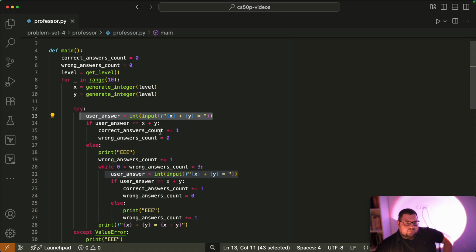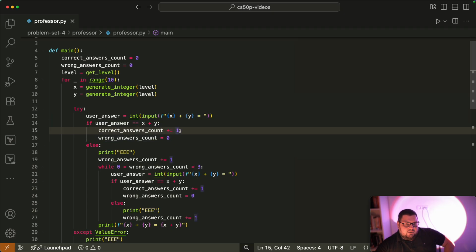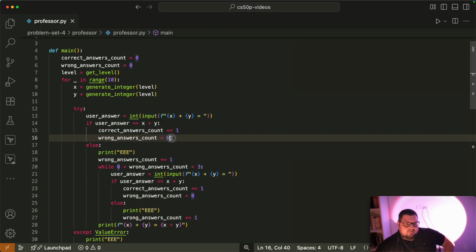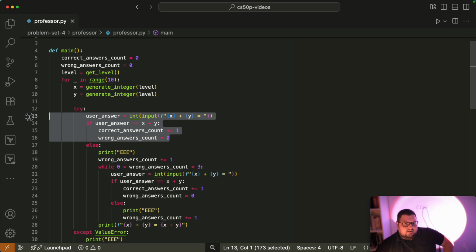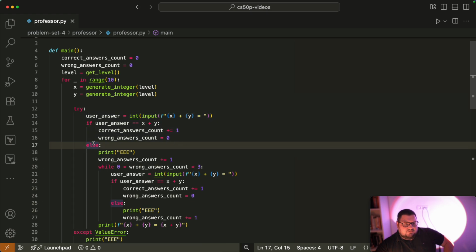If the user inputs correctly, this is this part of the code, we increase correct answers count and we set wrong answers count to 0. Then this part is skipped. Then for the example, for the second iteration, if the user fails to enter the correct answer, then the else block is run. We print E, we increase wrong answers count, and then while the wrong answers count is between 0 and 3,